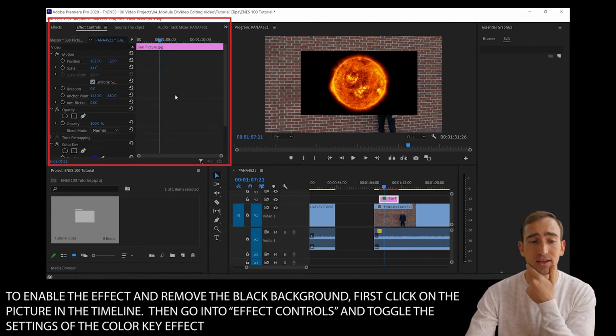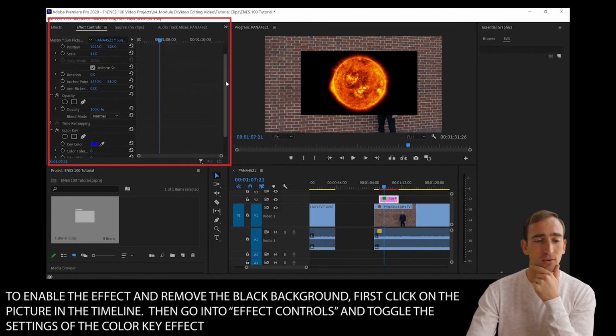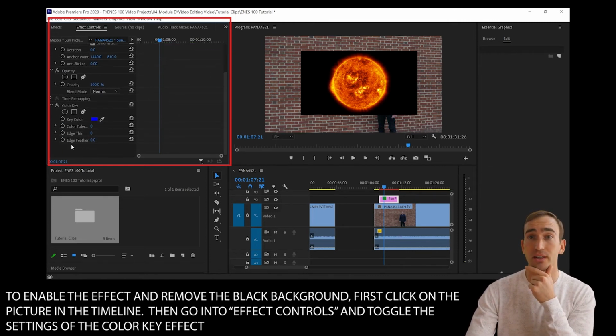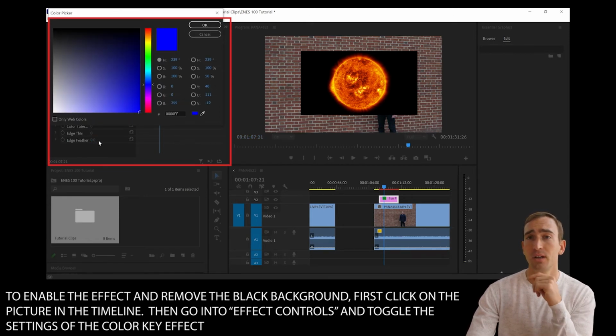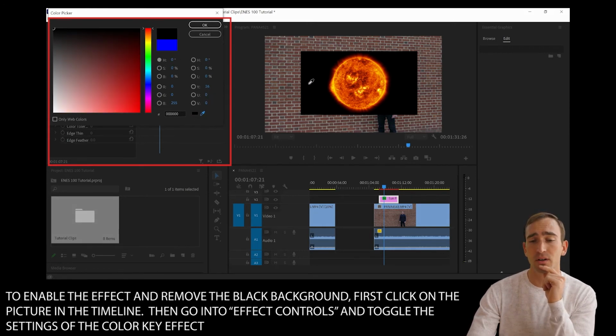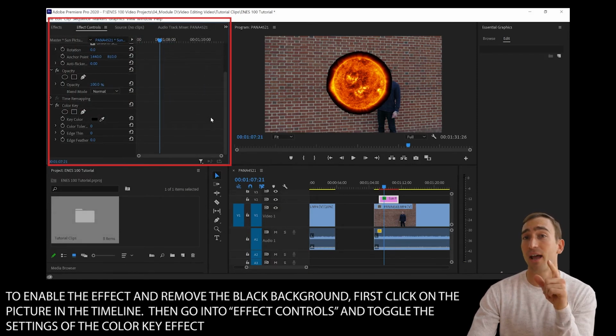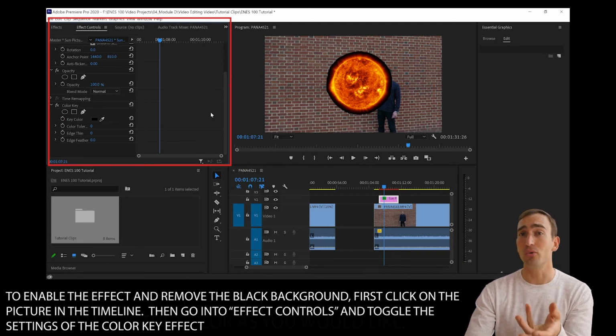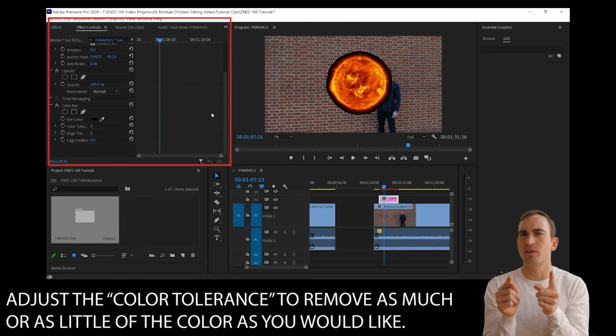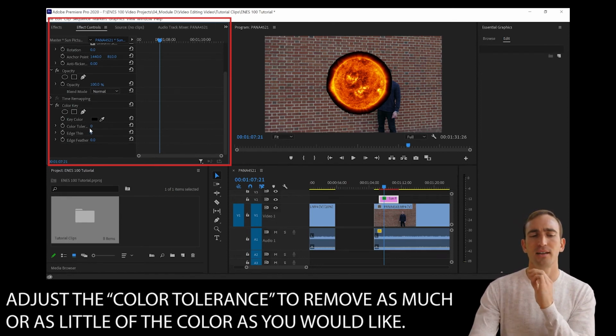So now I'll go to Effect Controls, and what you'll see is I've got this effect called ColorKey. So what I can do is click this little blue thing right here, and right now it's keying for blue. What I'm going to do is click the eyedropper, drag that over, click black, and click OK. What you can see happens now is that a lot of the black in this file has now been removed, so that I almost only see the sun with this ring of black. This is where I can adjust how much black is removed using what's called color tolerance. So if I drag this color tolerance upwards,